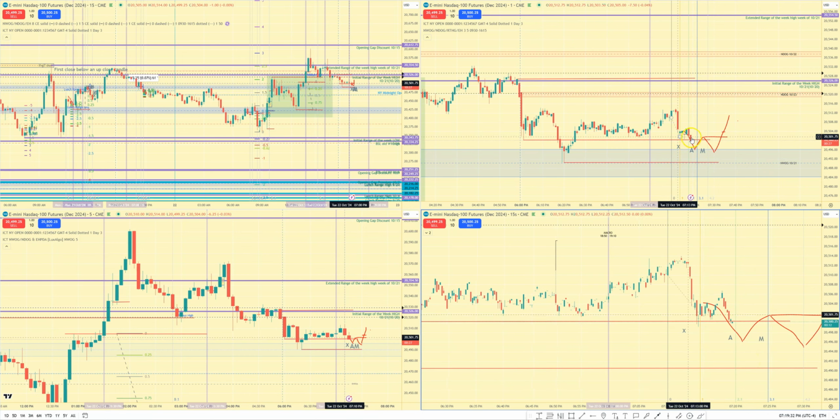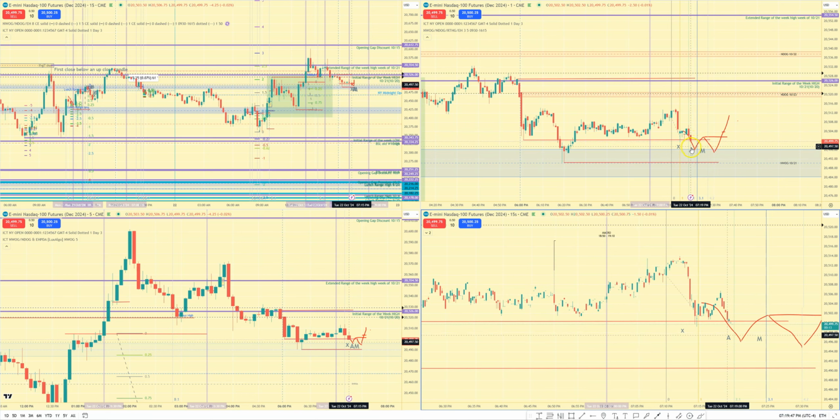So right now this structure here is very ugly. I mean, I like that it dug down into here, but I would like to see a bigger push into here. If it's not gonna come all the way up, that's fine too, but